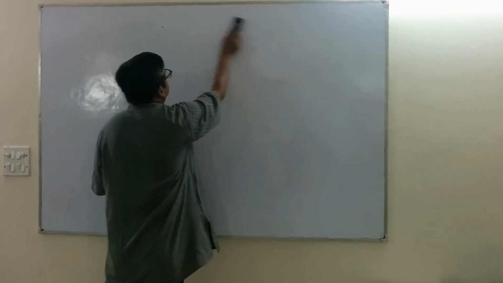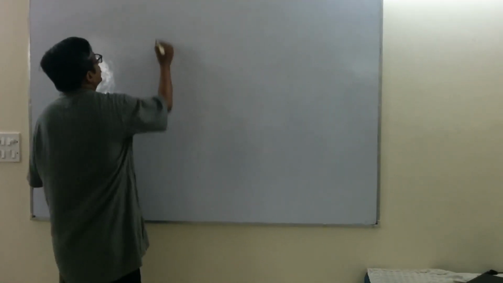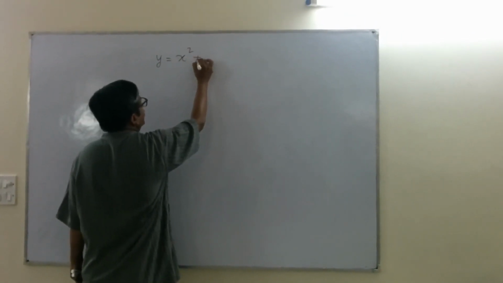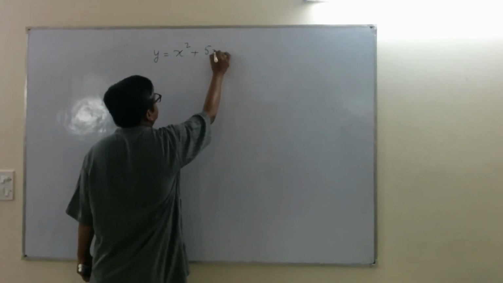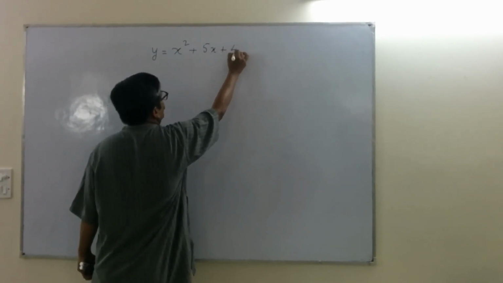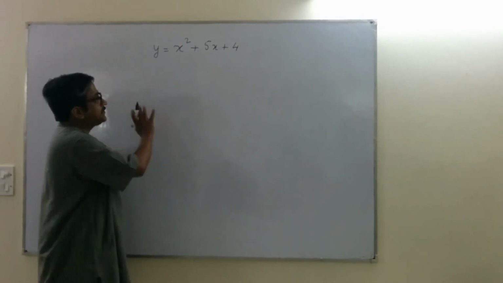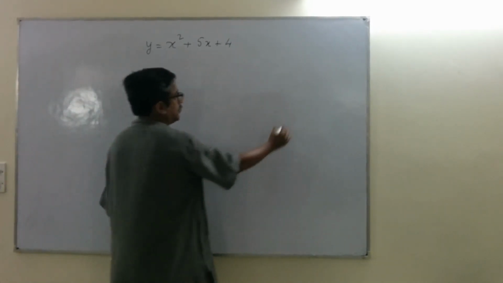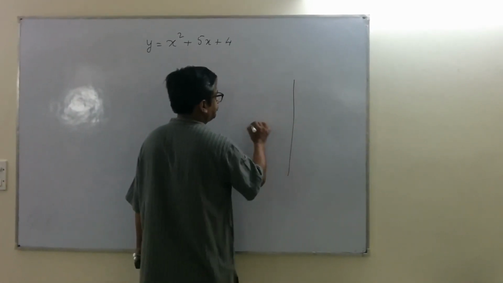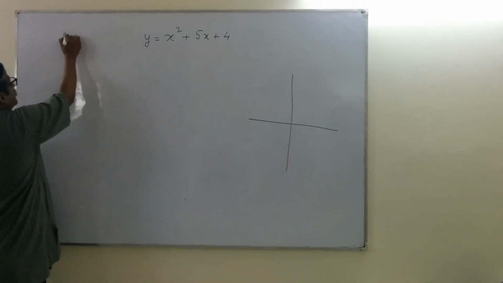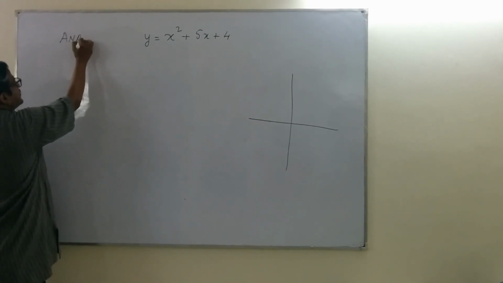We will start with y equals x square plus 5x plus 4. How will this parabola look like on the coordinate plane? So we are going to analyze